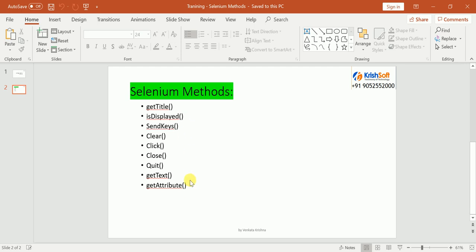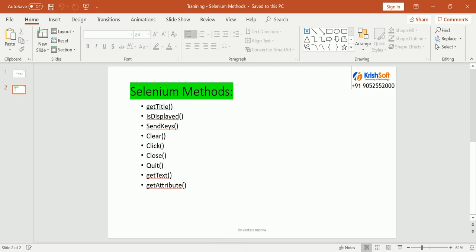If you know these different methods, since you already know XPath and CSS locators, you can play with any control. You can refer to my previous videos on XPath and CSS, which I already covered. If you have any doubts, please put them in the chat box, and I will do more videos on that. Fine, so let me go one by one.